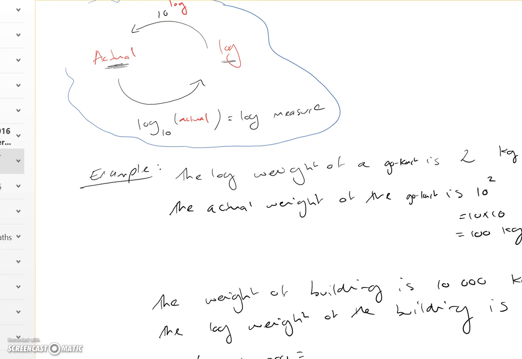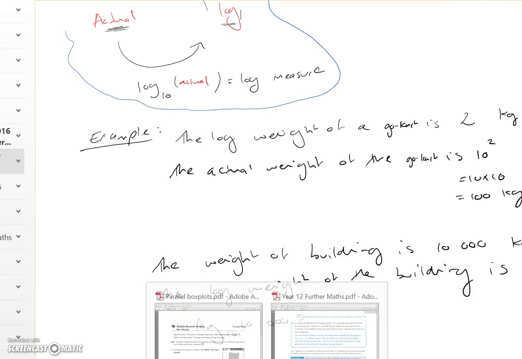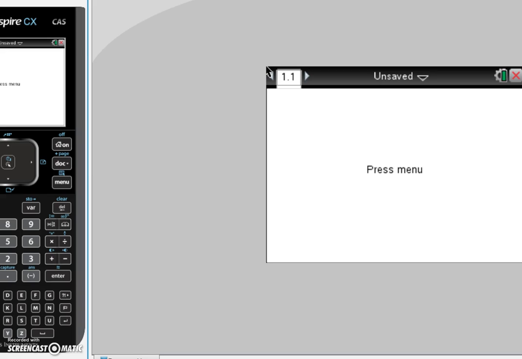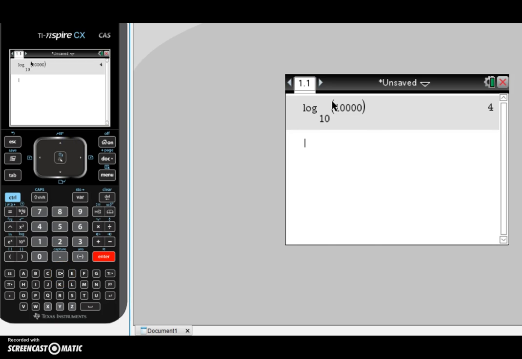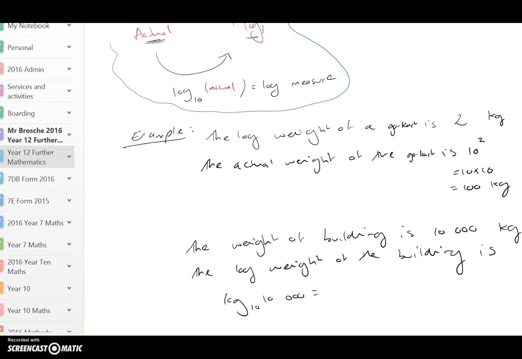We just essentially plug into our CAS in our calculator section, and we just go control log to the base 10 and then to the right my number, which is 10,000. That gives me 4. And the reason is because if you do this, 10,000 is the same as 10 to the 4, and we're just looking at the power to the base 10. Okay,